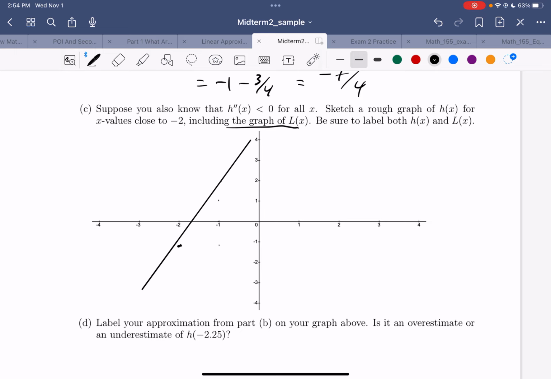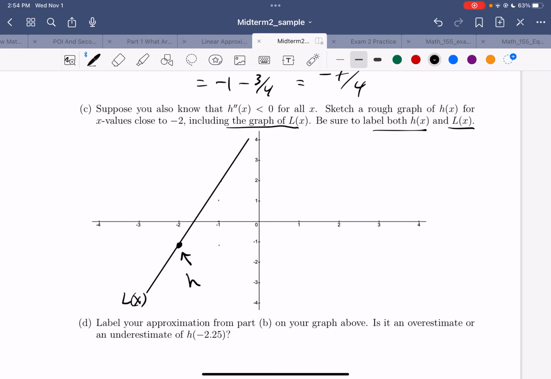Boom, I'm going to use the fact that I have technology at my fingertips, but I'm not going to use it well, apparently. Let's try this again. Shapes, click it, move it, bop it, twist it. Okay, all right, there we are. Great, and let's go ahead and label this. This is L of x. Okay, oh, hey, it told us to label h of x and L of x. Great. All right, and this spot right here